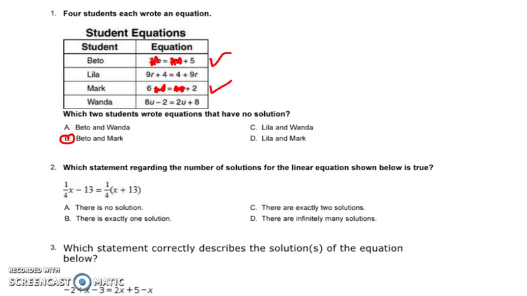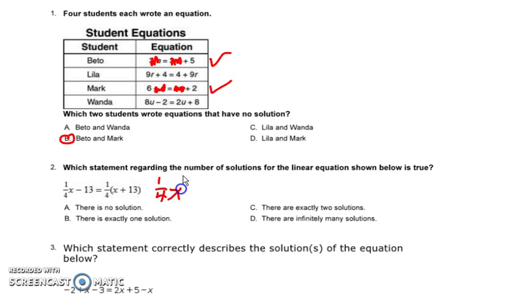Number 2. Which statement regarding the number of solutions for the linear equation shown is true? No solution, 1 solution, 2 solutions, or many solutions? 2 solutions is never really an option. So it's either no solution, 1 solution, or many. If we simplify this side, if we distribute the 1/4 to the x and the 13, we get